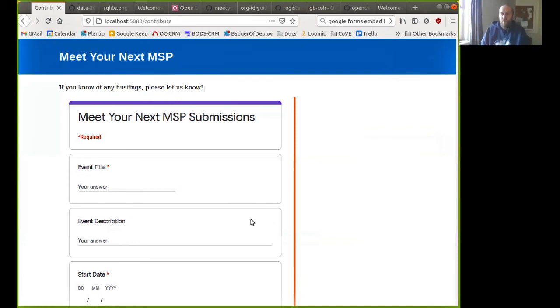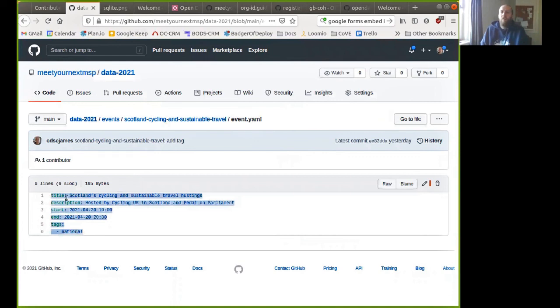So at the moment, I haven't done anything around that. We've got a Google form, which appears in the Google spreadsheet, and I'll be copying, I just have to copy and paste. I think if this did start to get a lot of events, that would obviously start to become annoying. I think the first thing to do would be to replace this with a form which wrote information that was easier to process. So you'd have a form which wrote one of the YAML files directly to disk somewhere, and then if the event was okay, you can just copy and paste that file in. So there's things we can think about in terms of making it easier to process the events, and if it becomes a really big thing, that's definitely key.